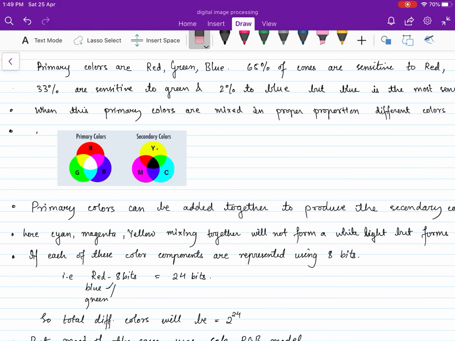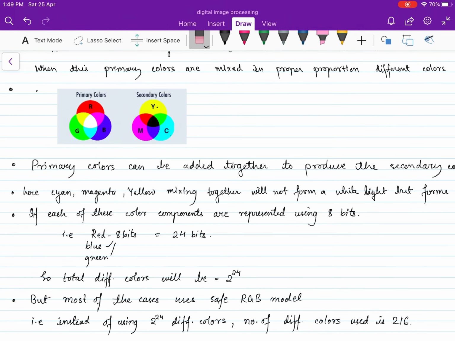If each of these colors, that is red, green, blue, is represented using 8 bits, that is red using 8 bits, green using 8 bits and blue using 8 bits, then the total number of different colors will be 2 to the power of 24, since 8 plus 8 plus 8 is 24. Our monitor may not be able to represent these 2 to the power of 24 colors as it is a very large quantity,